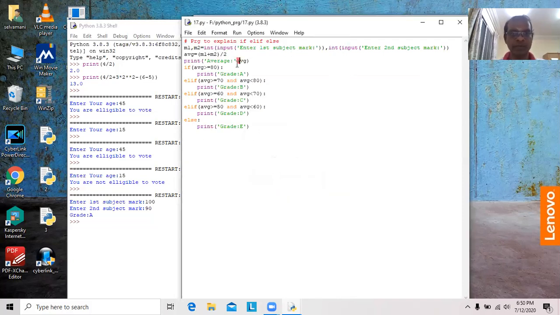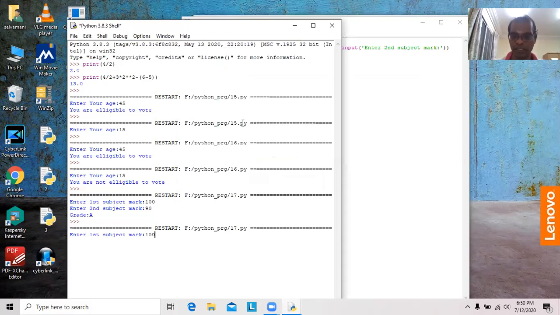Some errors: comma is missing. I am giving 100 as well as 90. Average mark is 95. So grade is A.